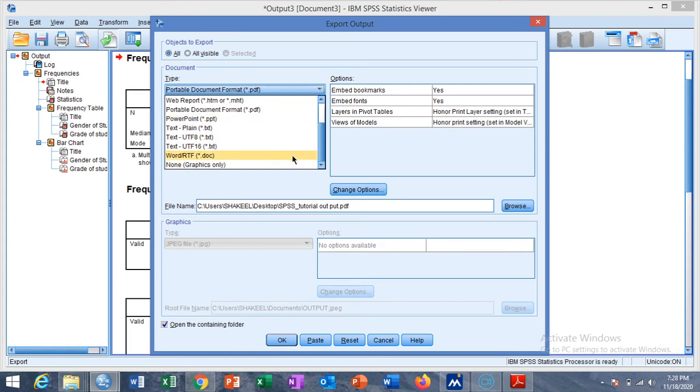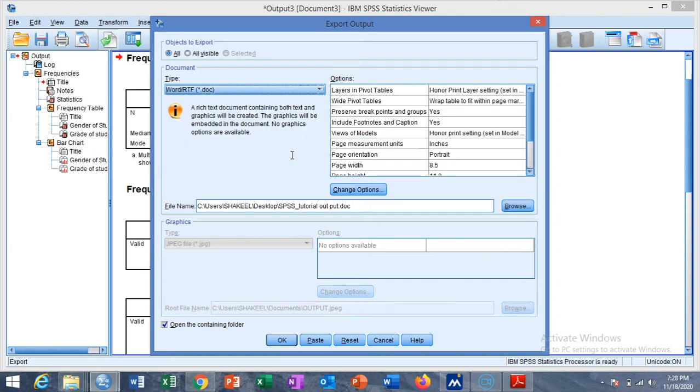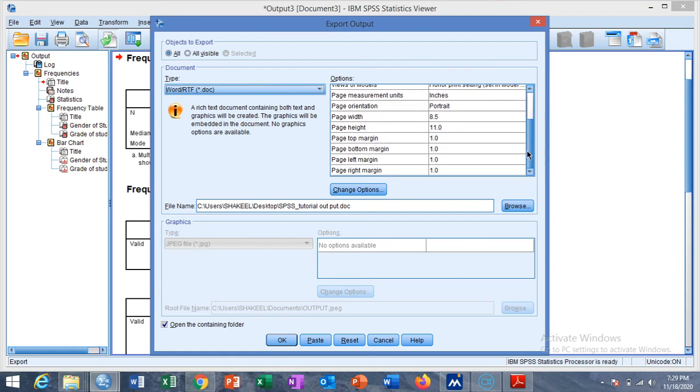Now I want to convert it into Word format, which is the most widely applicable format in which reports and thesis are presented, or the result of the thesis are presented in Word format. So you need to change these options according to your thesis format, as the page size and page width, page height, and top margin, bottom margin, and left margin and right margin.